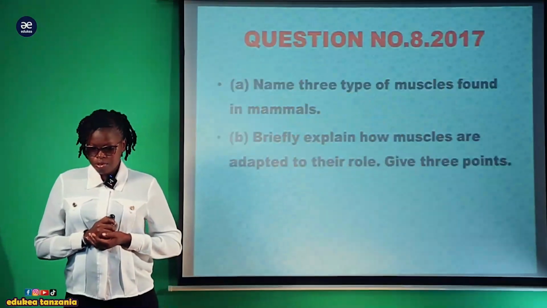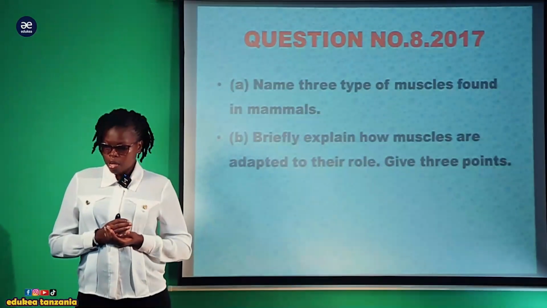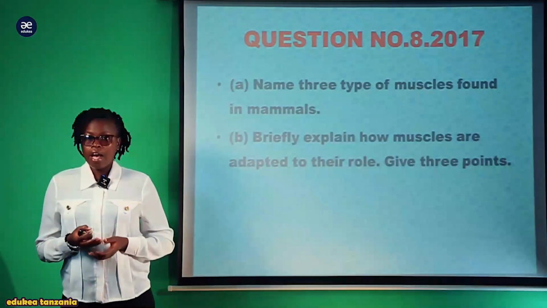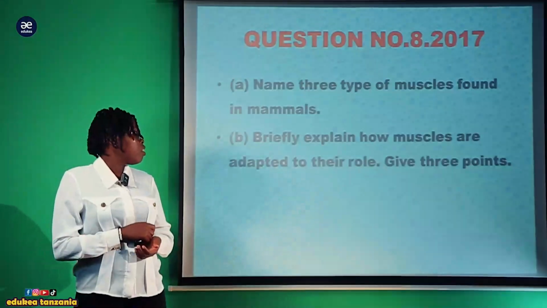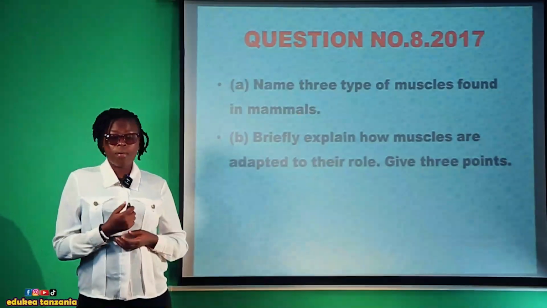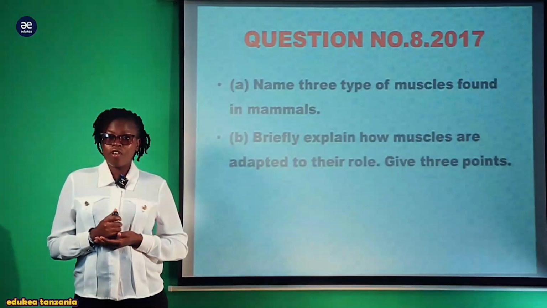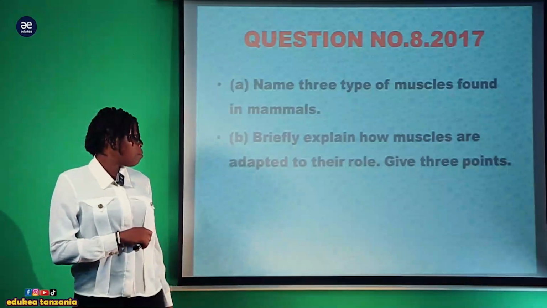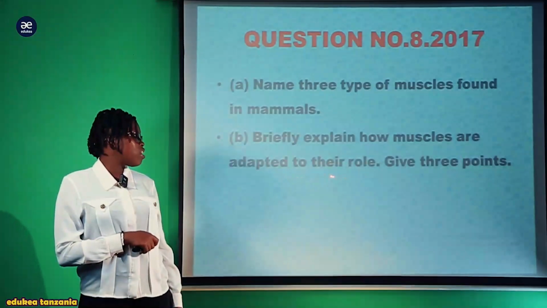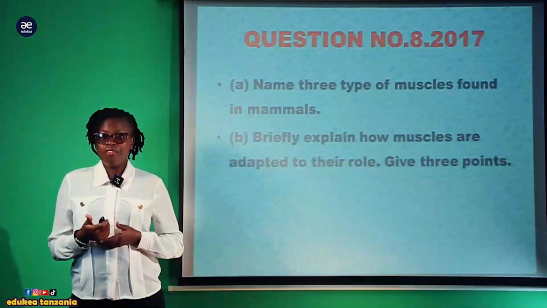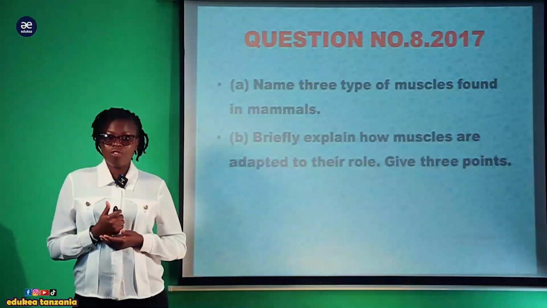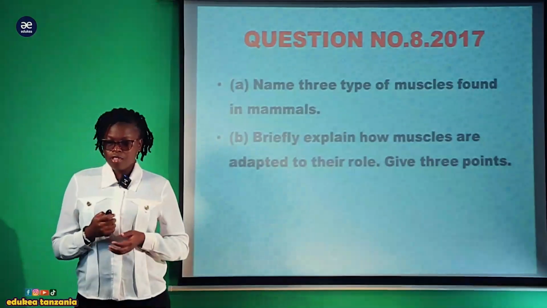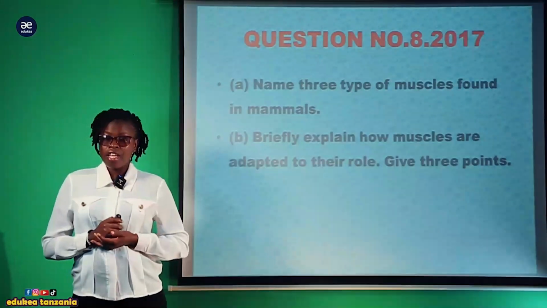Now, in our today's session, we are going to solve question number 8 for the year 2017. Our question states: name 3 types of muscles found in mammals. And part B of question number 8 states: briefly explain how muscles are adapted to their roles. Give 3 points. This is question number 8 for section B, meaning that it carries a total of